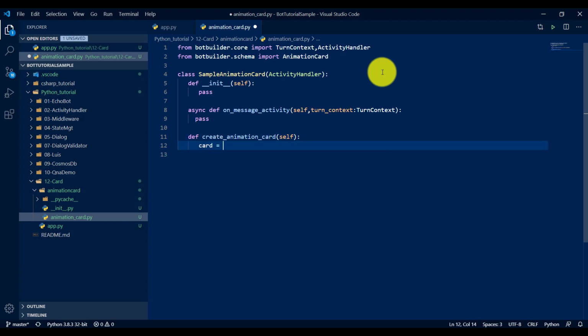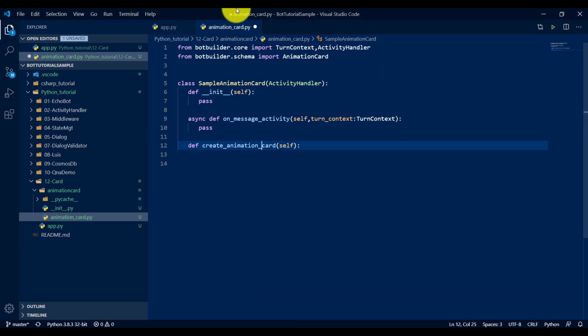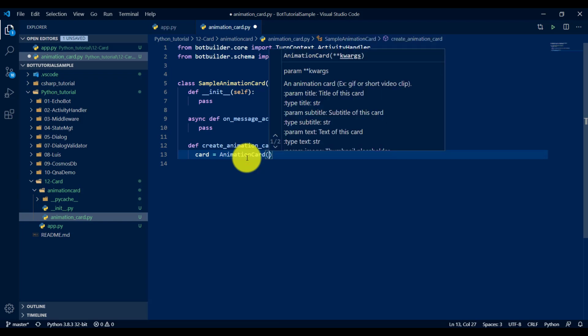So assign one object, AnimationCard. The animation card's main property is the media property. To this property you have to assign where your GIF or short video is available.